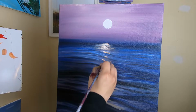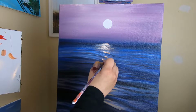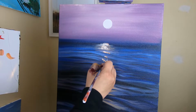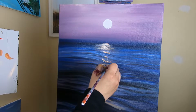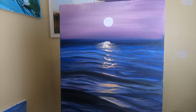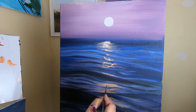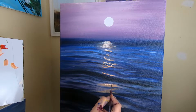And then the very last step will be to use the brightest white. Now I've got not a lot of paint on my brush, and as I'm putting in these midsection dots, I'm kind of pulling my brush down and upwards, just swiping it ever so lightly. You don't want a lot of paint, but just a little bit, and it'll kind of give the effect of little sparkles